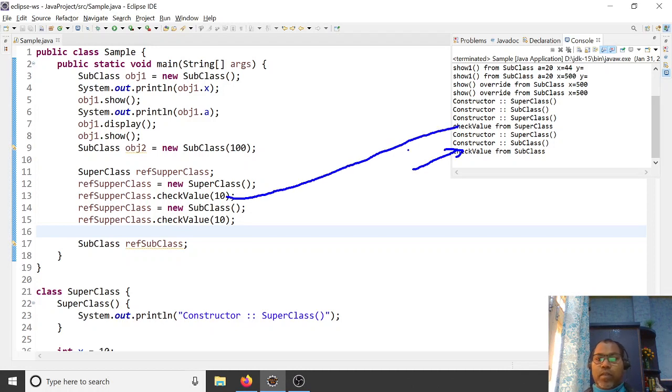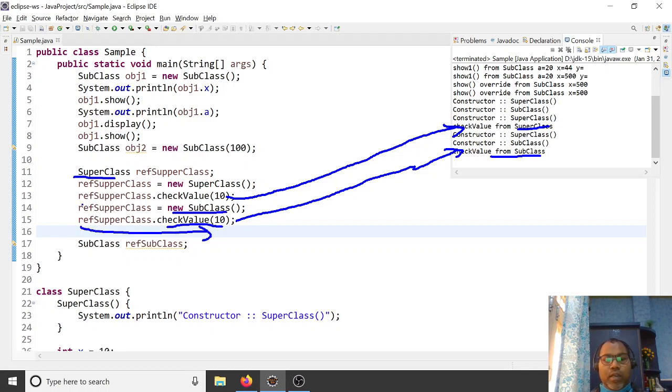Whenever you invoke this method, this is invoked from the superclass, and this is invoked from your subclass. Why? Here the reference is the superclass, but you are assigning a subclass value, meaning this method refers to the subclass. Here it is the same method, superclass dot check value, but you have assigned the superclass object. So whatever object you have created, that definition is invoked here.